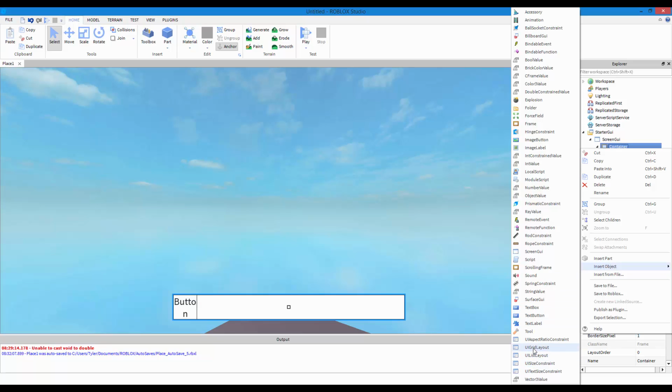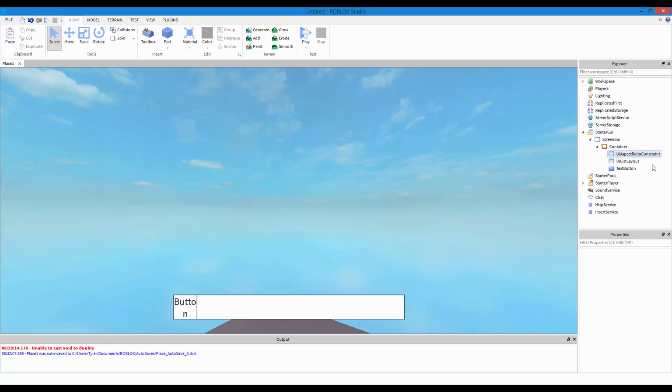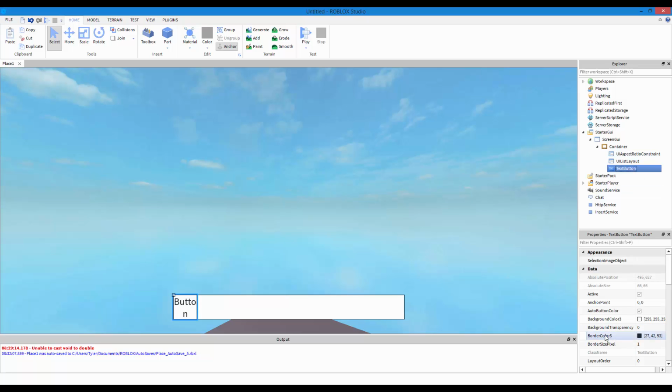I want to do the list layout. Yeah, let's do list layout. I like this one. So instead of having to select this, Control D. Okay, no. Instead of changing the size and the position of everything, as you can see, it has a caution sign.